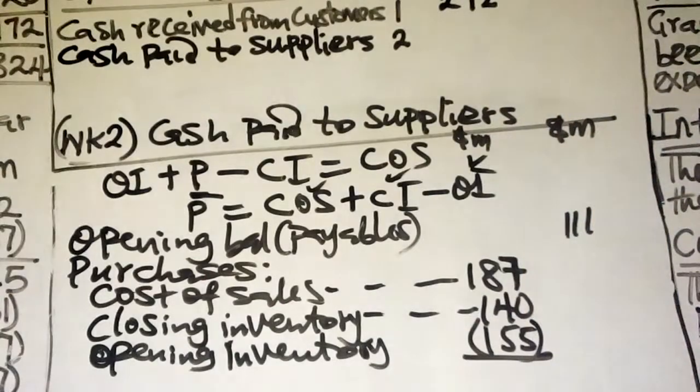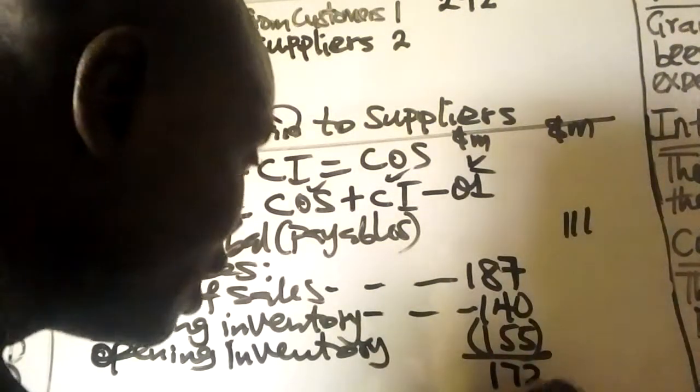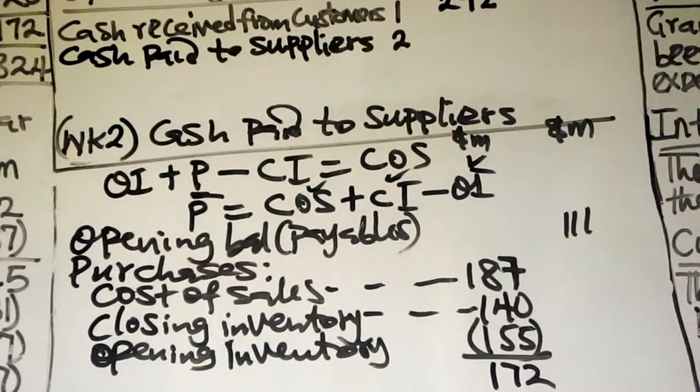So 187 plus 140 minus 155, then we have 172. This 172 ought to be our purchases if no unusual item has been charged, that is, if no non-inventory